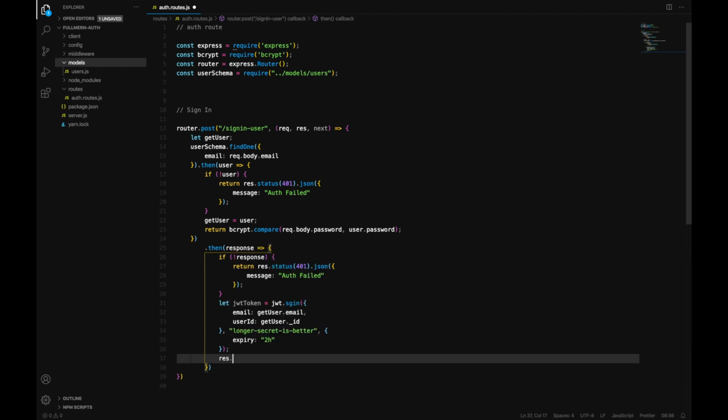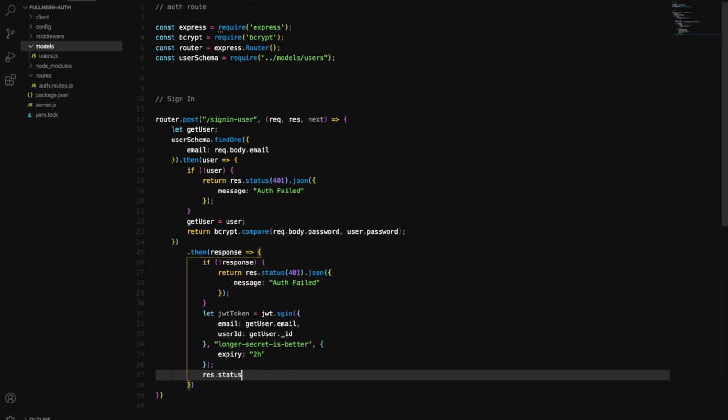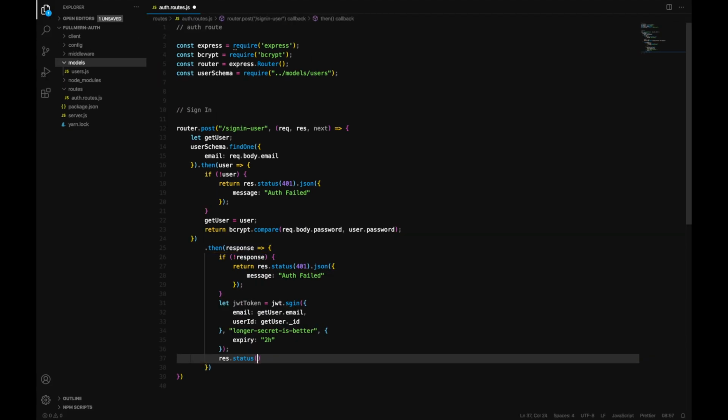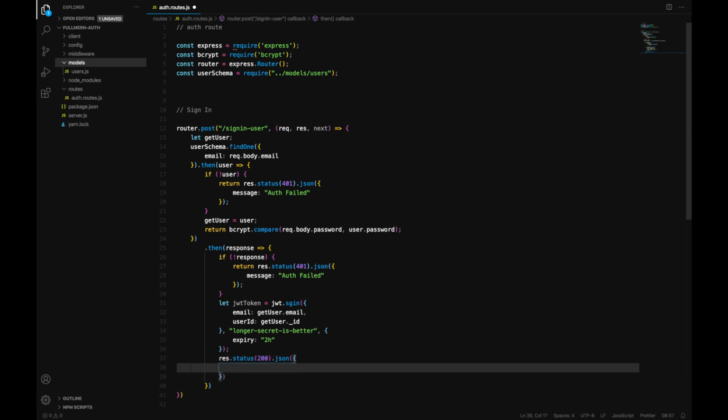And response dot status would be a success, which is 200, and we will also pass down our JSON object, and there would be a token, which is the JWT token right here,